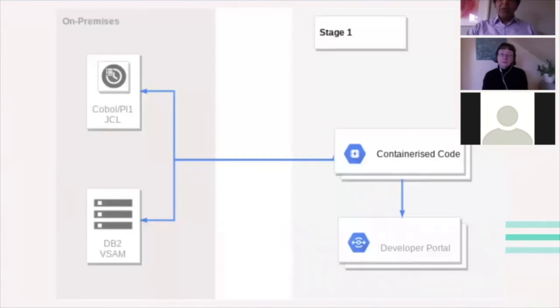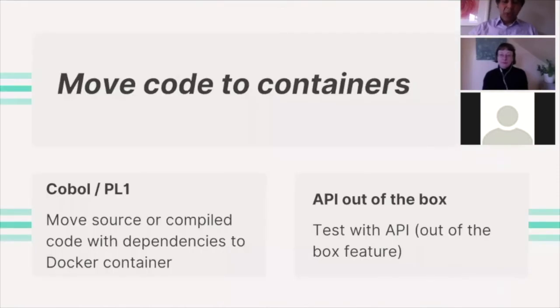Our platform provides a developer portal, which makes it almost easy. There's no need to have extensive COBOL experience. You can come along and just take a module, move it into containers or an application, and the platform provides you an API out of the box. So now you have an old application running exactly the way it was running before, with a REST API as a bonus. Now you have a Docker container that can be moved into your preferred cloud provider.